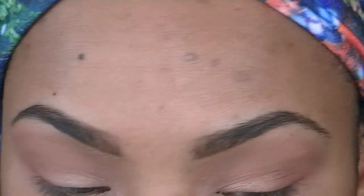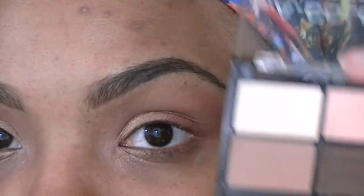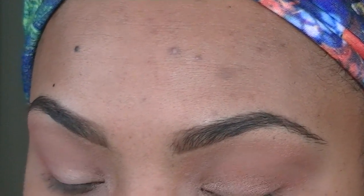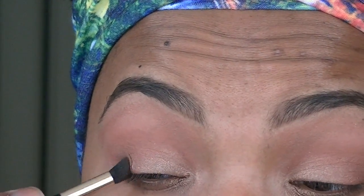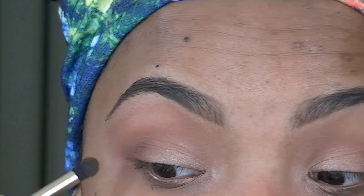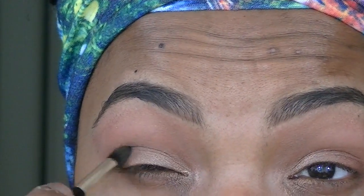So now that I've gotten everything squared away with the eyeshadow, I wanted to go in a little more with that palette. I wanted to go in and add a little more depth in my crease. I felt like I needed a little more dimension. So I'm using that same palette that I used for my eyebrows and using that brown to get into the